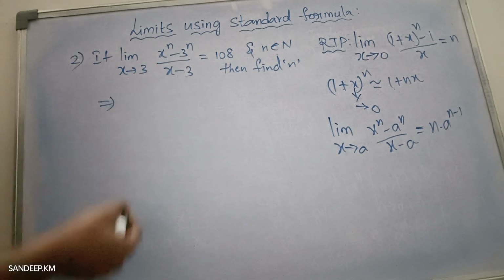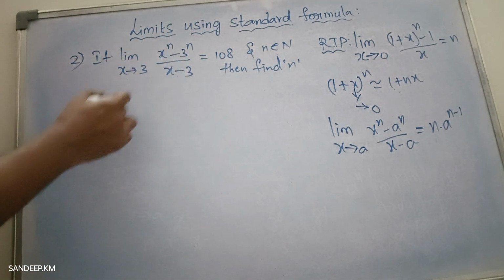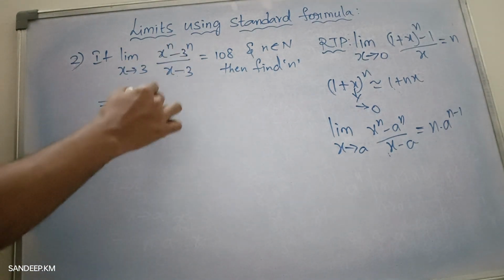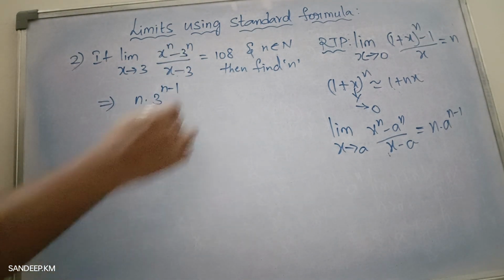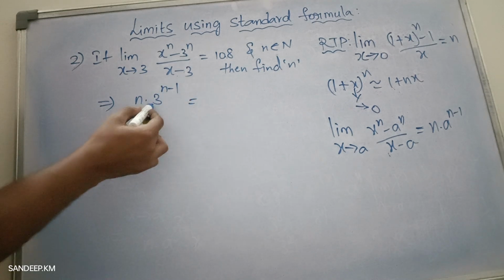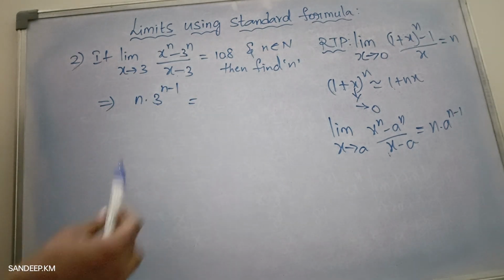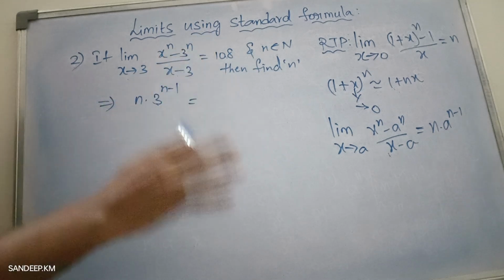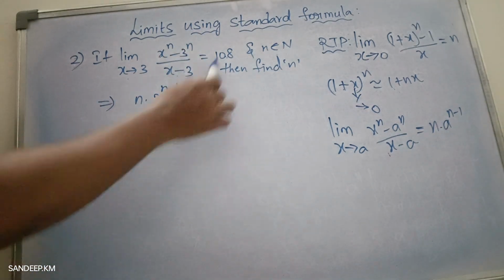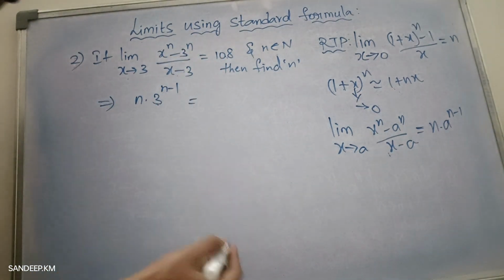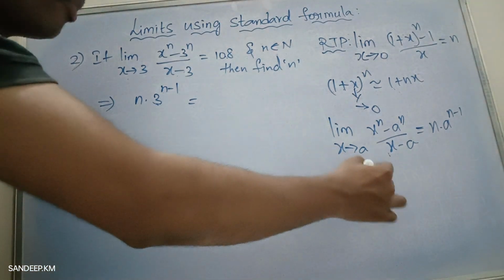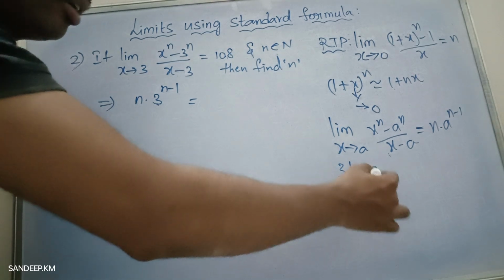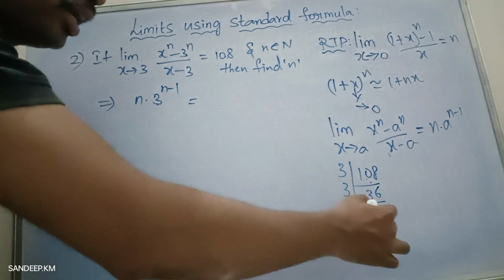We know the formula directly for LHS. So what is it? This is in this form only, right? So n into a power n minus 1 is LHS. And 108 you prime factorize with this number 3. For example, if you have 5 power, then prime factorize the given number with 5. But here we have 3 powers now. So obviously prime factorize 108 with 3. So if you take 108 and if you prime factorize with 3, 3 3s are 9, 18 means 3 6s are, again 3 12s are,